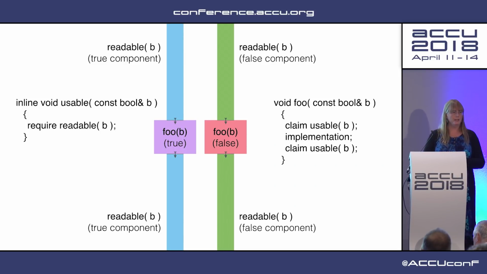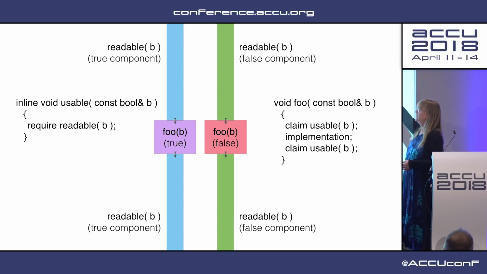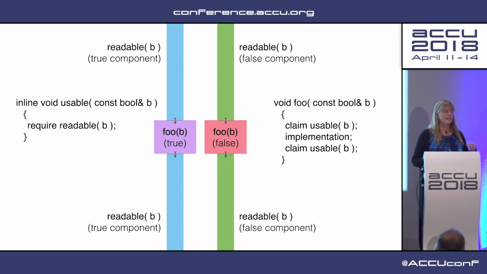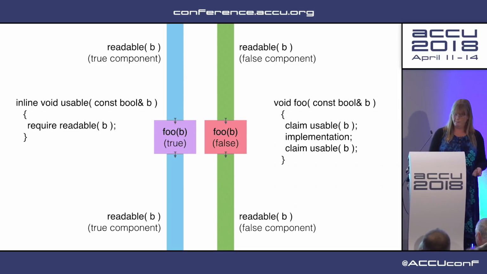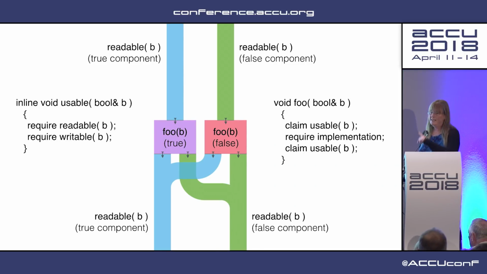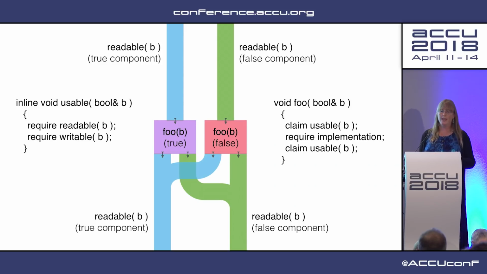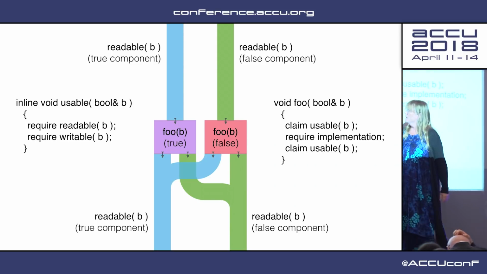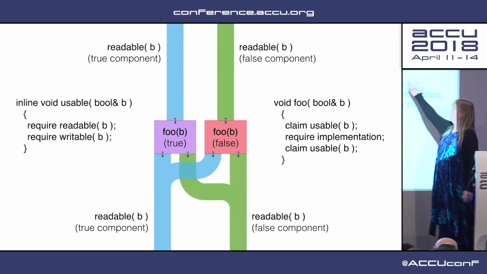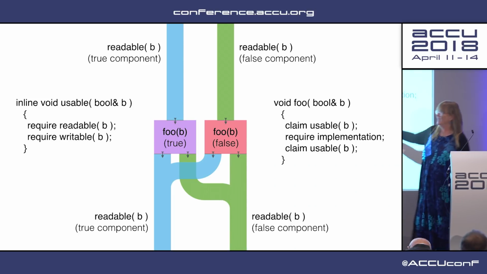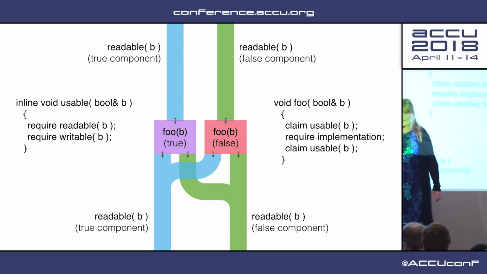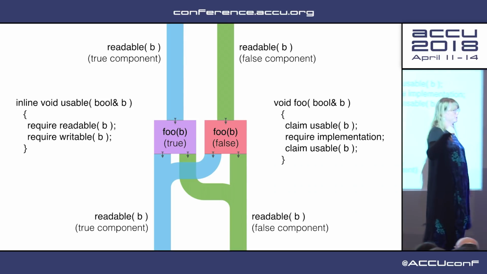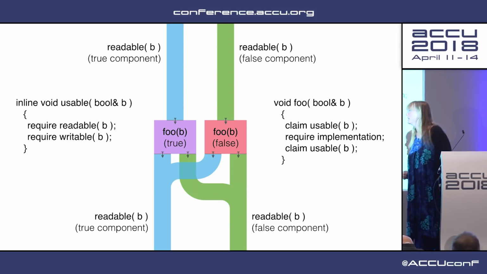That breaks down a little bit, only a little bit, if this bool isn't const. If we have a writable variable, we need something that connects both ways. That is, if this bool that's not const is usable, that is, if it is readable and writable, because usable means something different if you're not const,